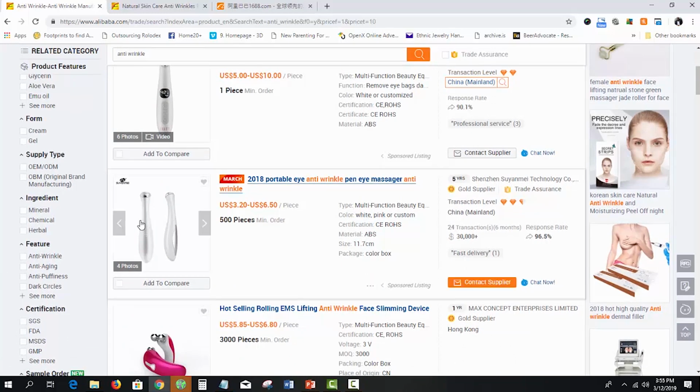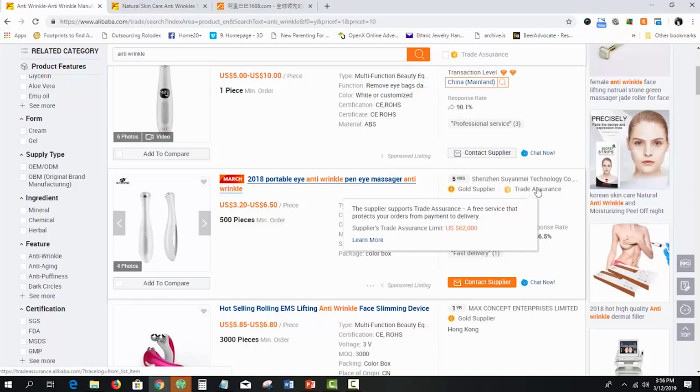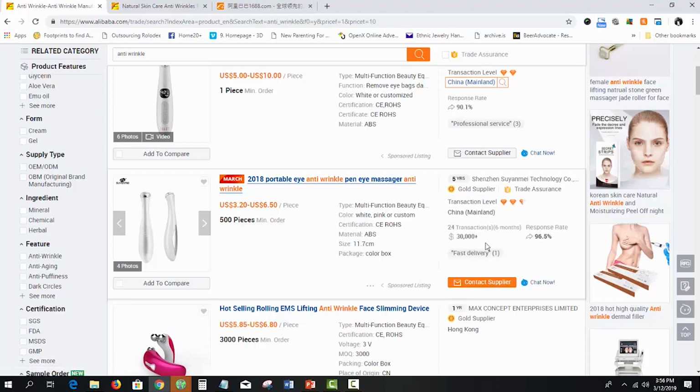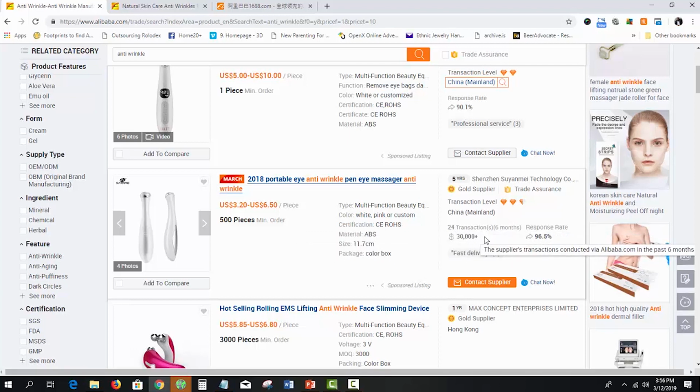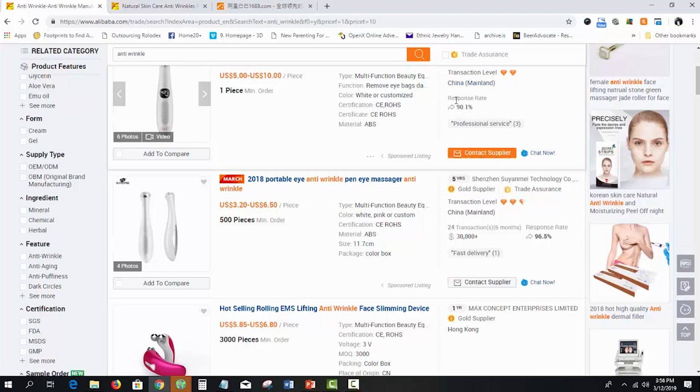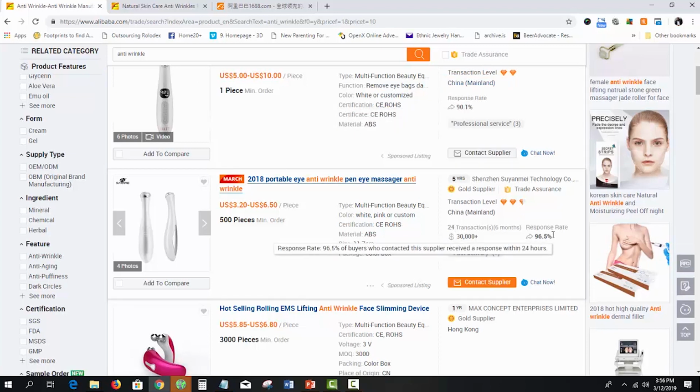Okay, all right. Let's see. So these other guys sell a similar product, right? But they have been 5 years on Alibaba, which means that they've been around for 5 years on Alibaba, right? They also are gold. They've also done trade assurance. Now, they've done 24 transactions in the last 6 months, average of $30,000 each. Look at their response rates. These guys, their response rate is 90%. These guys, their response rate is 96.5%, almost 100% perfect response rate,